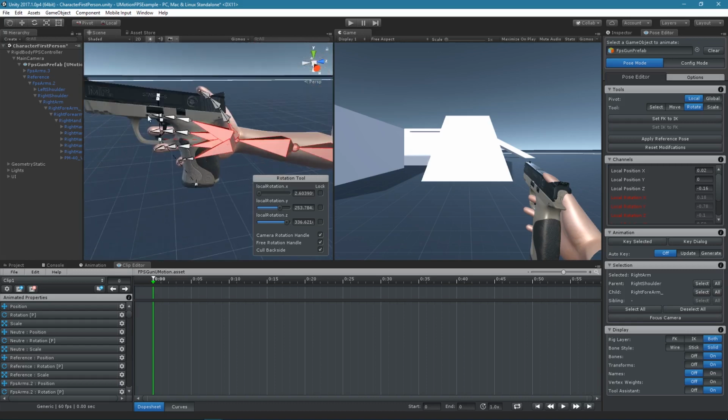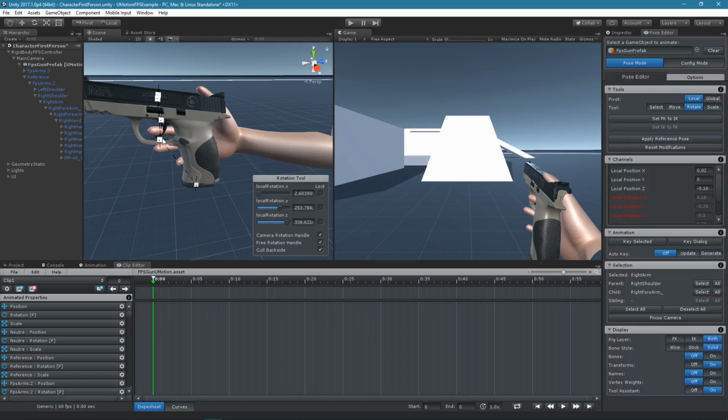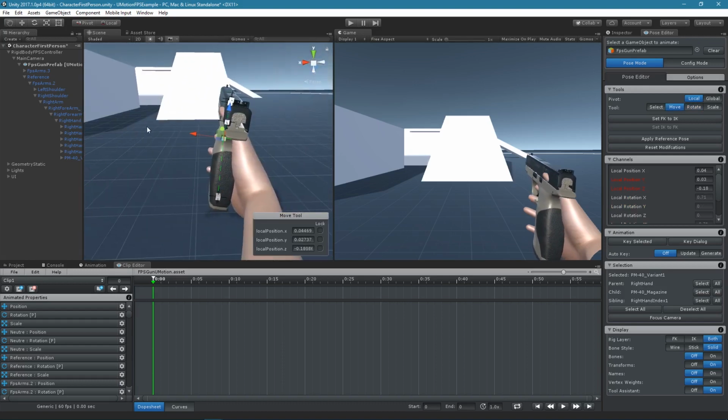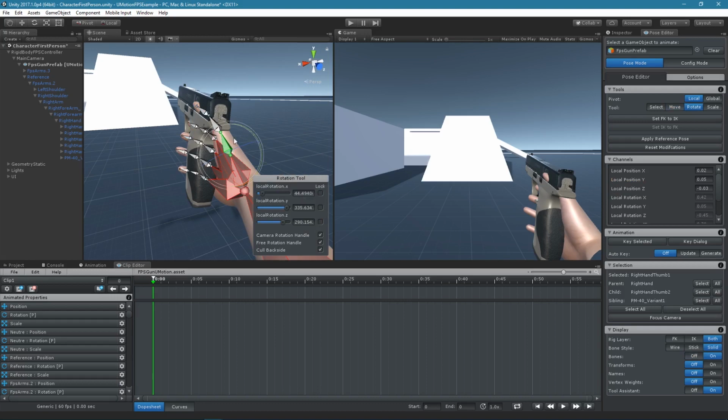I will disable the bone rendering by pressing the shortcut. Please note that when I press a shortcut, it is visualized on the bottom center of the video. I might also increase the size of the transforms in order to make it easier to select them. Now I'm hiding the transforms and I'm showing the bones again so that I can correctly place the thumb.